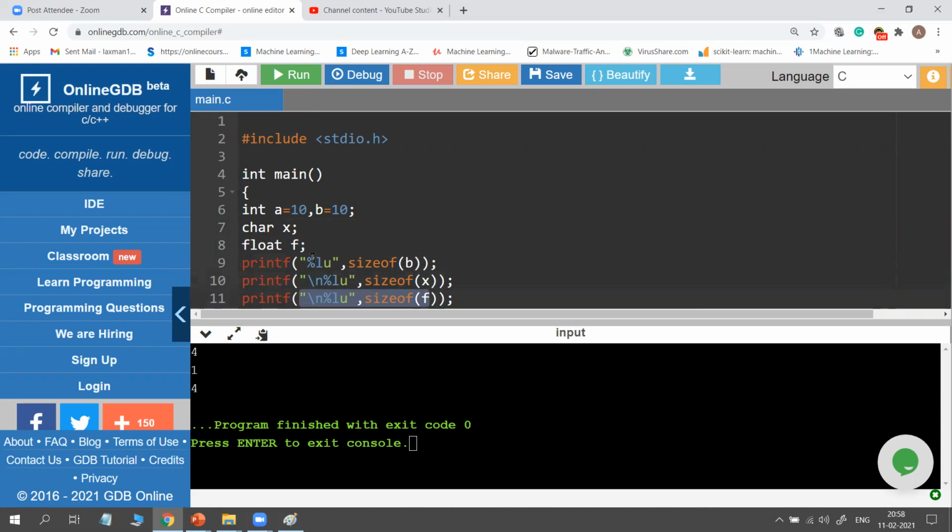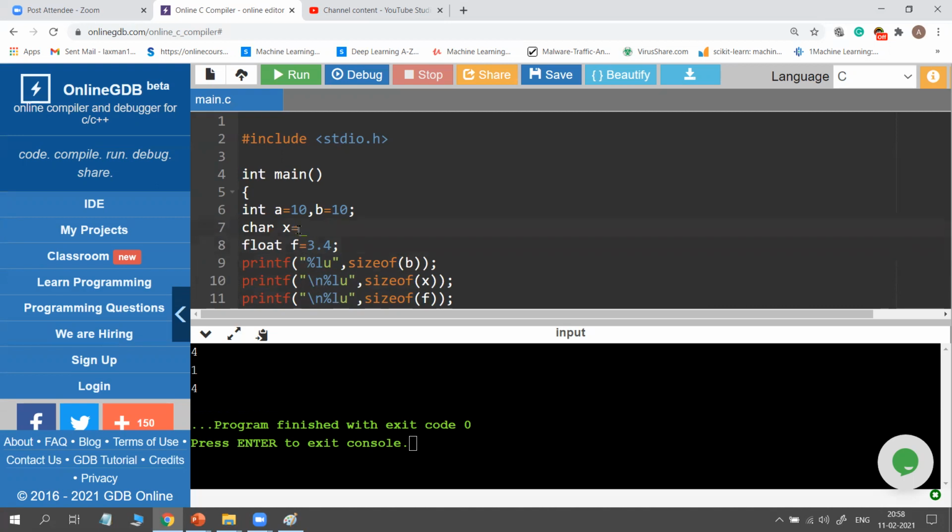And you see I always used lu because I am not displaying the value of the variable. For example, float f. If there is a value in this float, for example, f equal to 3.4, and I want to display 3.4, then I use percentage f.